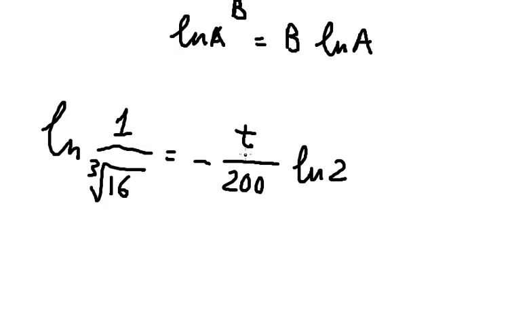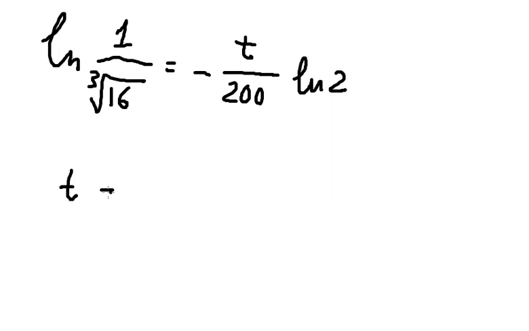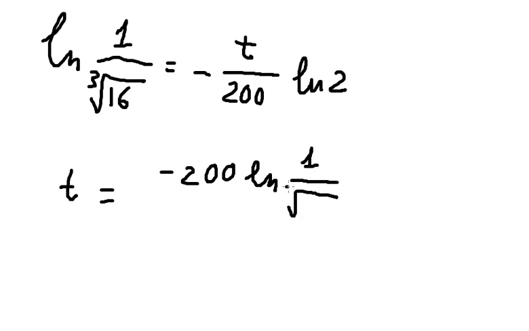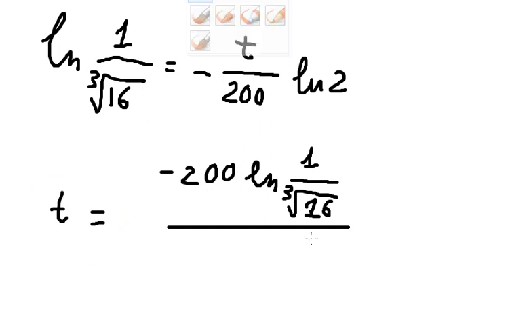Now we need to find the value of t, and we put negative 200 and ln number 2 to the left. So that should be negative 200 multiplied by this one. So we calculate and we have